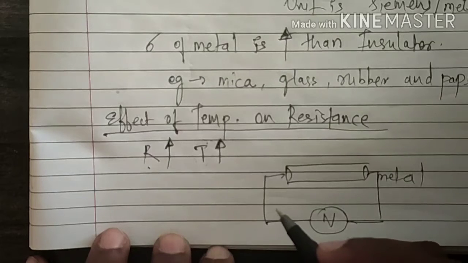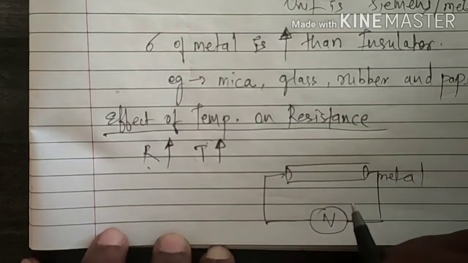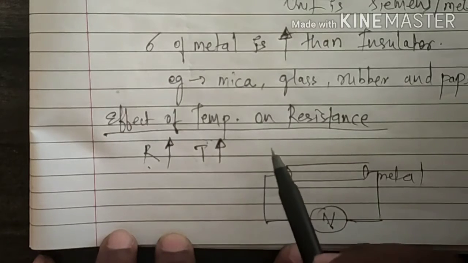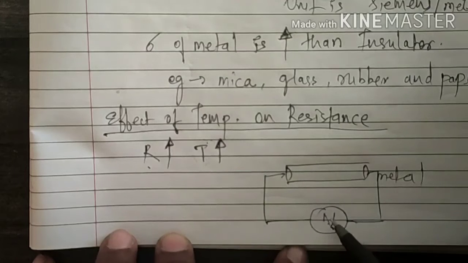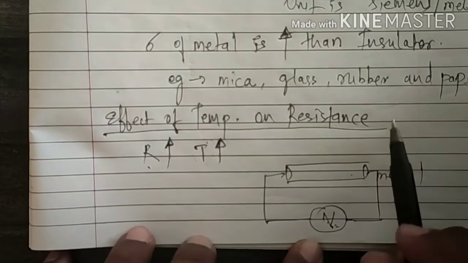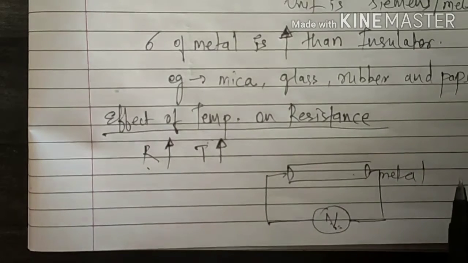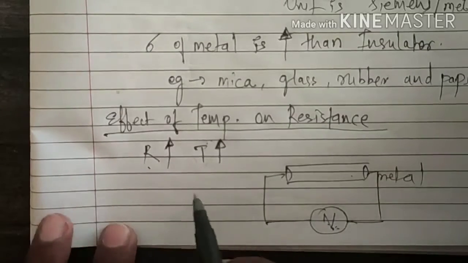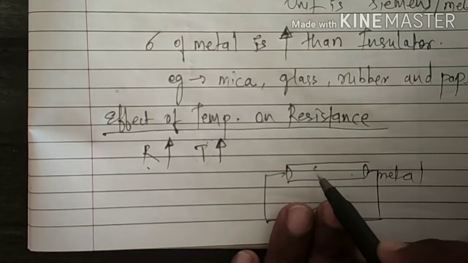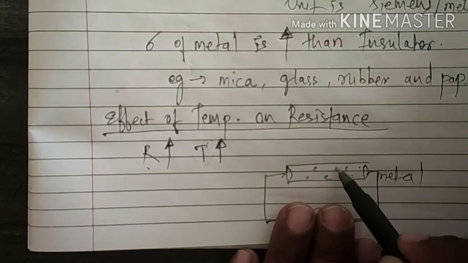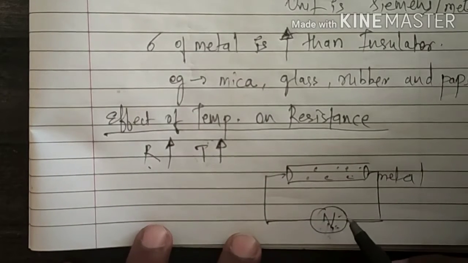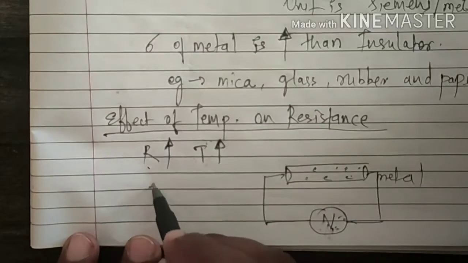Due to this applied potential, the temperature of the material increases and randomly moving electrons get aligned and start flowing in a defined direction. Let's suppose if potential is not applied, then electrons are randomly placed anywhere. But due to the application of potential, means the voltage, then these electrons get aligned in a line.